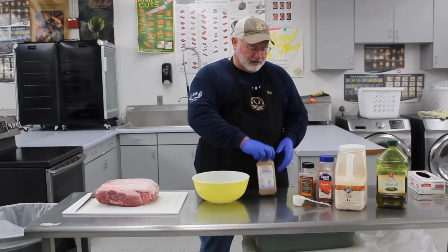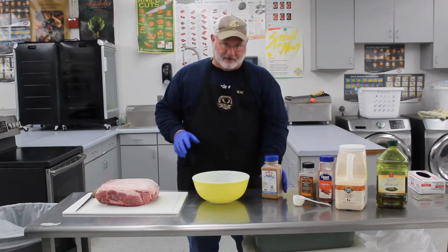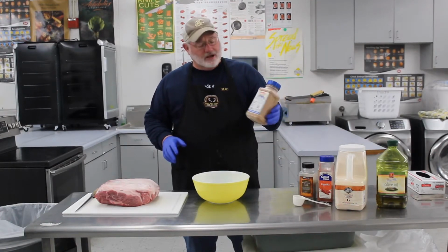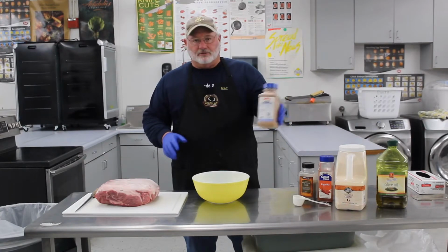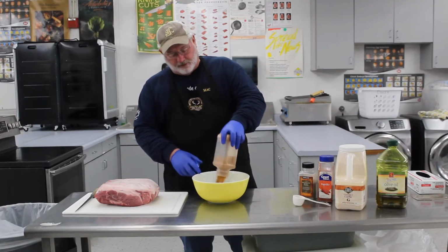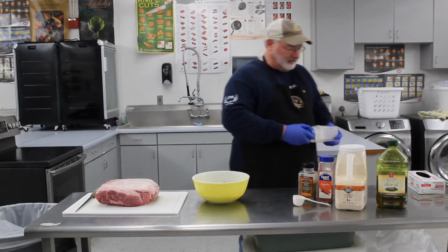Everything I told you guys in the beginning you can find at the store. Nothing fancy, we use things that you guys can pick up every day. Here in our area, we like Pappy's as a base, and we like the Blue Label because that's the low salt, because you don't want to salt people out. So if you want to make a simple rub, one whole container of Pappy's,